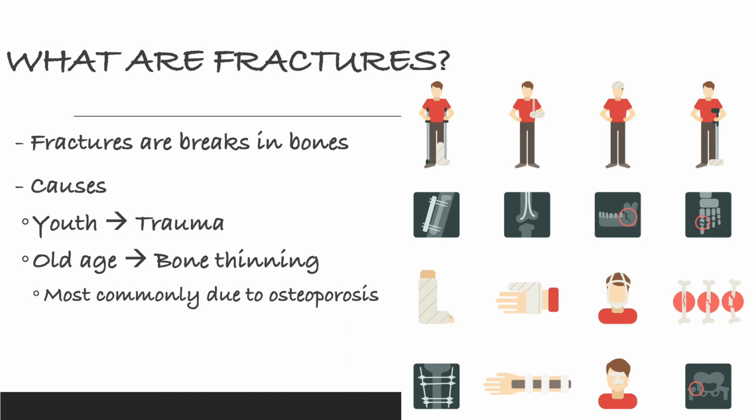If it occurs in a young person, which we consider to be youth, the cause is usually going to be due to trauma, from a skateboarding injury, jumping on a trampoline, something traumatic. While in the elderly, the cause is usually going to be due to bone thinning. So an example would be, grandma had a fracture of her femur, her thigh bone. Most of the time it's not going to be due to trauma. It's due to bone thinning, and the most common cause is osteoporosis. I'm going to be talking about osteoporosis in another video. So the bone is too thin, and